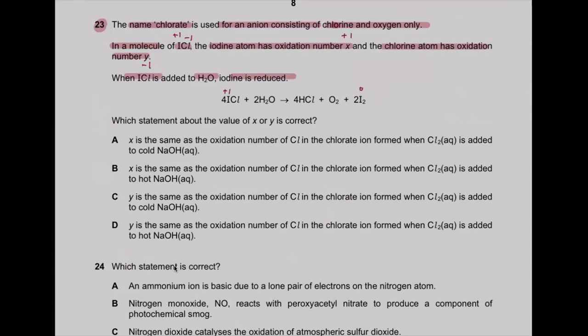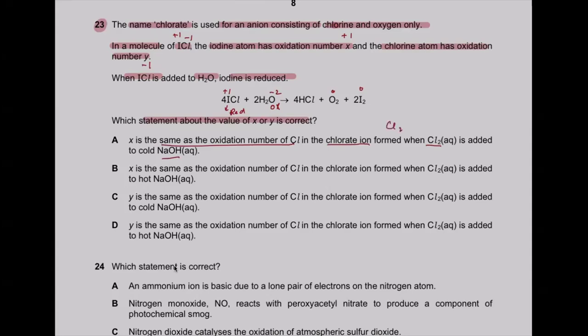And the chlorine is oxidized? No, chlorine stays the same, the oxygen is oxidized. So oxygen in water is oxidized and this one is reduced. Which statement about the value of X or Y is correct? X is same as the oxidation number of chlorine in the chlorate ion formed when chlorine is added to cold NaOH. X is +1 and